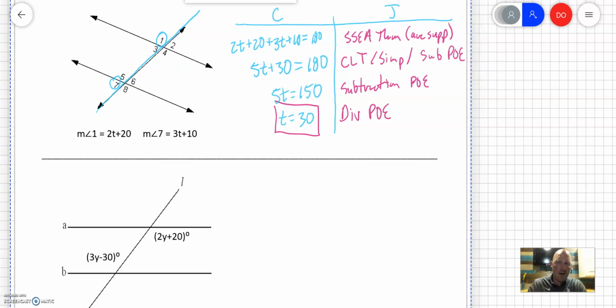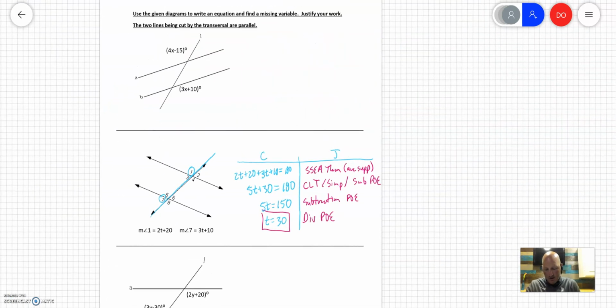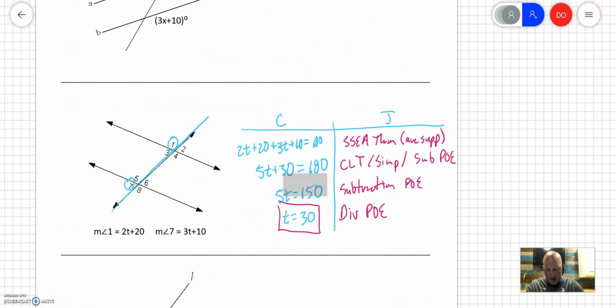And I also strongly recommend taking some time plugging that value back in and making sure that those values are actually equivalent. Okay, last example, I have an angle